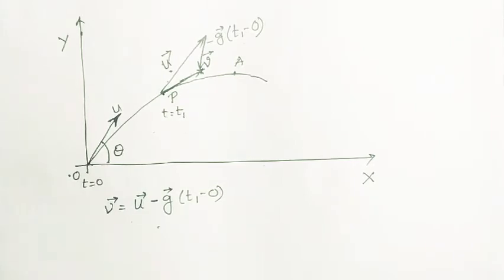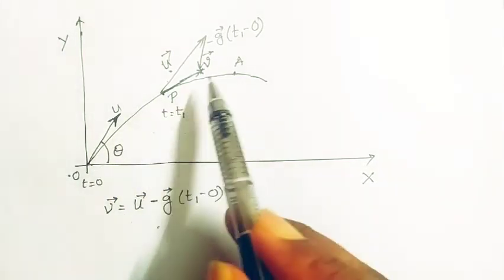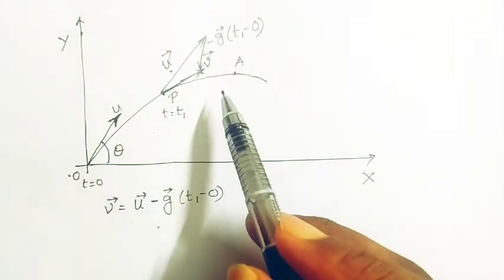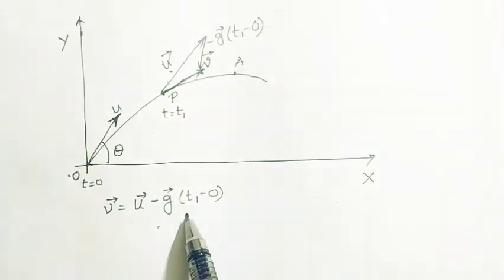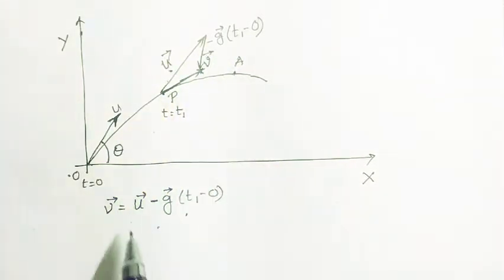So the vector law of addition, which was discussed in the vector section, is it a suitable application of that? So from the trajectory, using the vector law of addition without using the equation, we can find out this equation of motion. So we can find out all the data, we need not write down the equation of motion here. Okay, I think you understood this thing. So let us do it one more time.